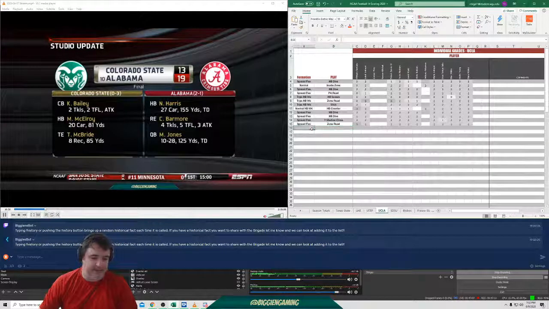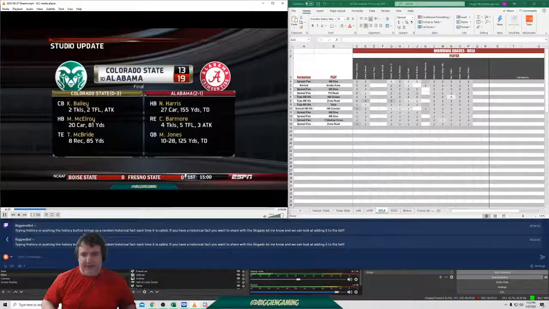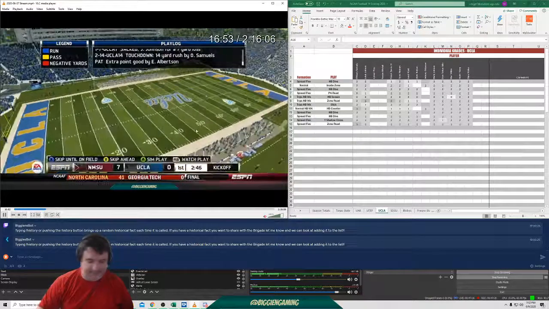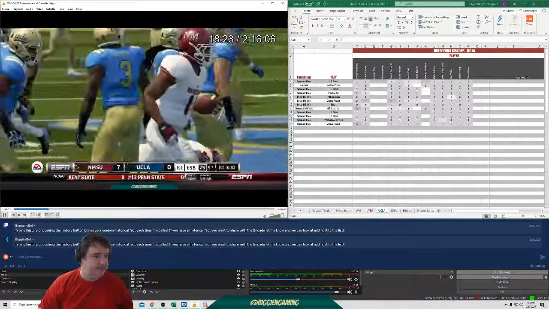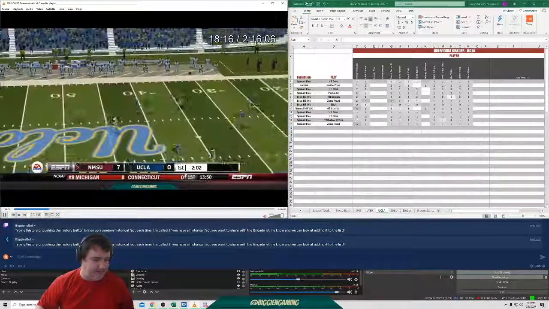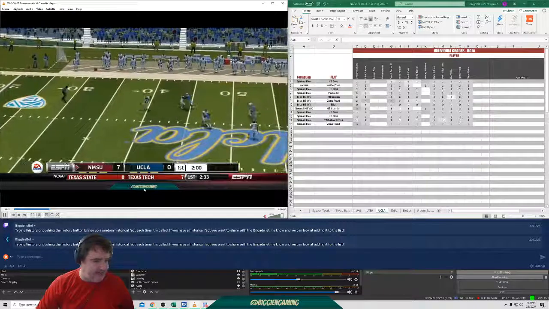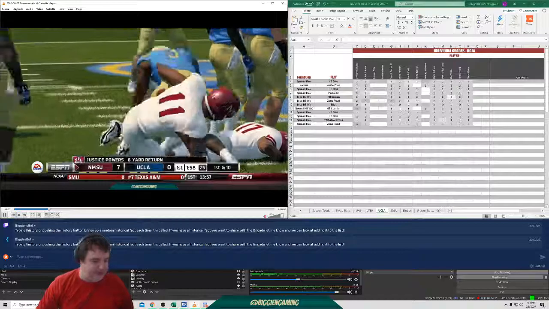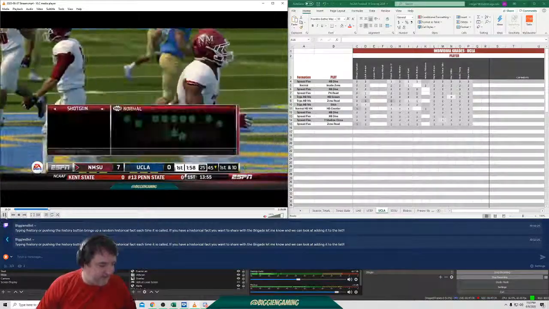Let's do this. So there's the first drive. That was an 11-play drive, guys. That's how long that drive took. We get the ball back, right? 1st and 10 on the 45. Remember, as you'll see, I can't control the special teams or the defense, so that's why we're simming those.